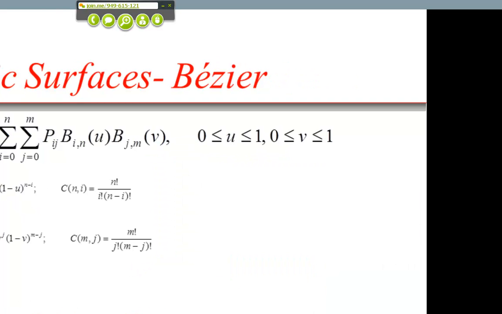So, okay, on to what is referred to as a Bezier surface. This presentation has been uploaded to TCC, so I would encourage that you kind of open it up and look at it. It's a little bit of an eye chart to try and see what these blending functions